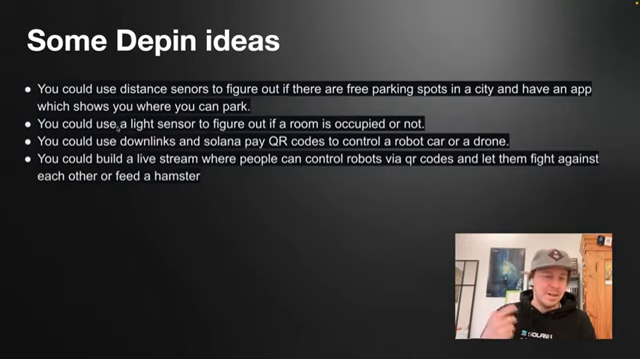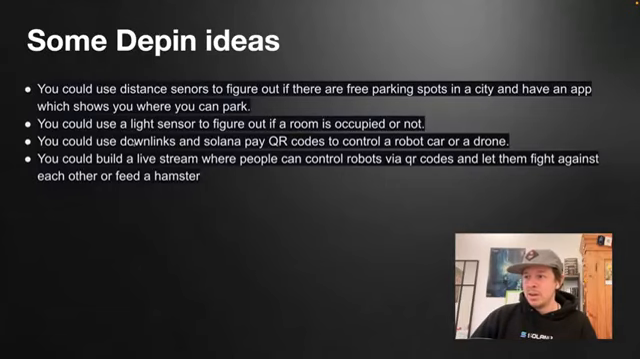Then you could have a light sensor in rooms, in offices, for example, to check if it's occupied or to calculate rent. Then you can also have downlinks. So when the sensor sends its data out to the network, it's called uplink. And when the network sends data to the device, then it's called a downlink. So you can also write a script, for example, which controls one of these sensors